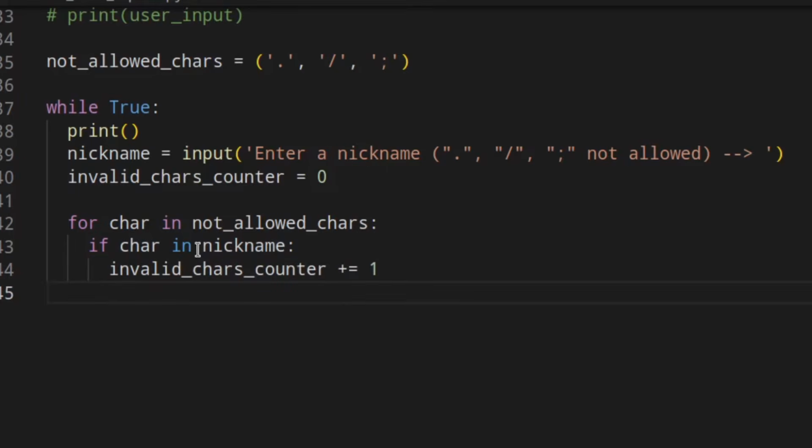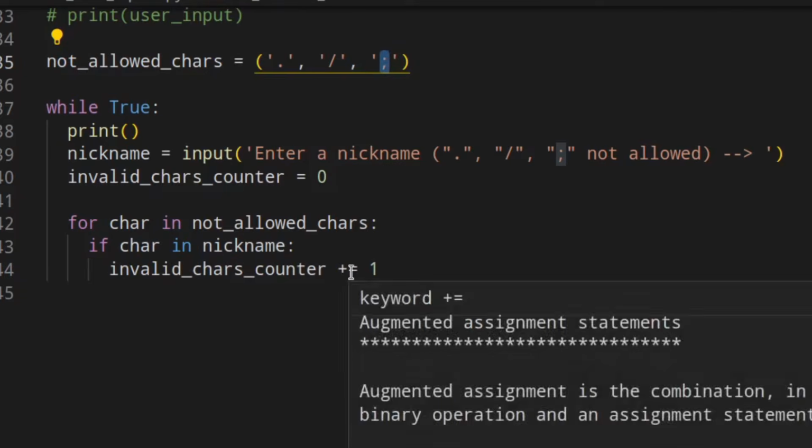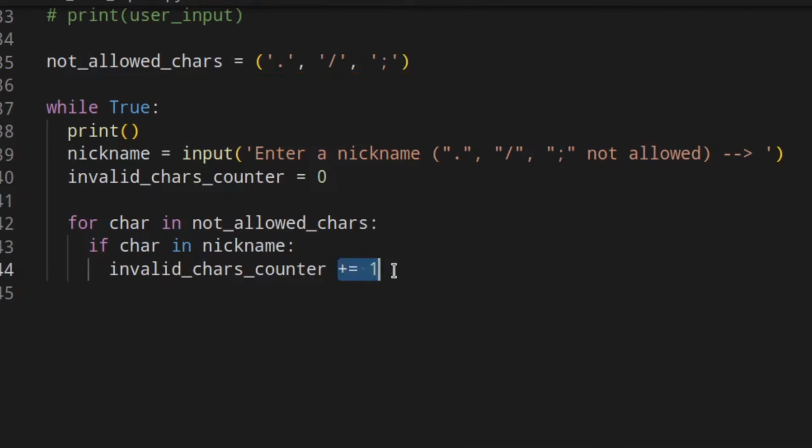Basically here we loop through these, and for each one of these we check if it is included in the nickname. If so, we add 1 to the invalid chars counter.